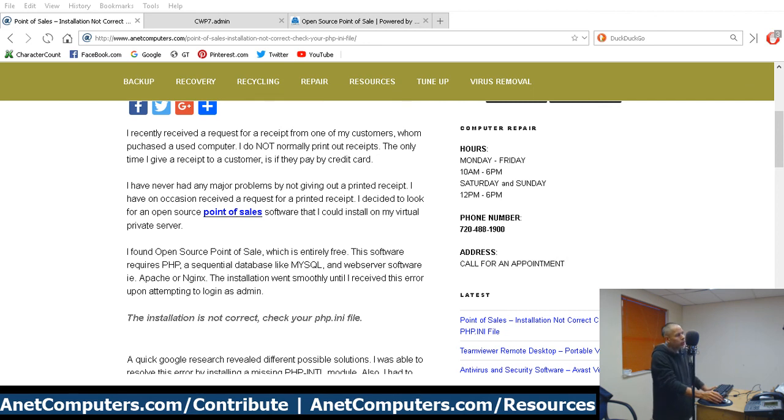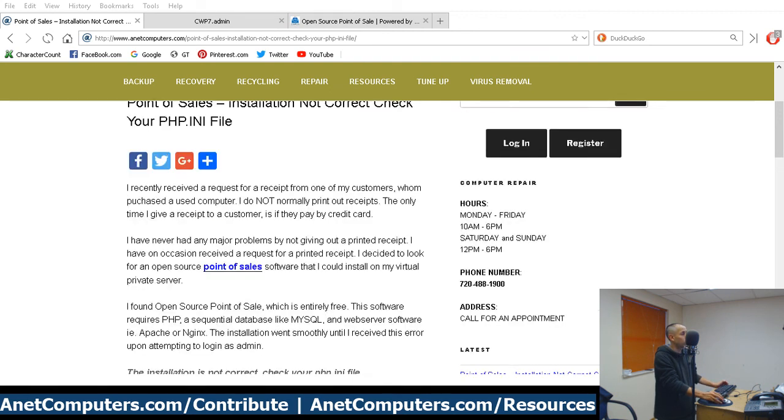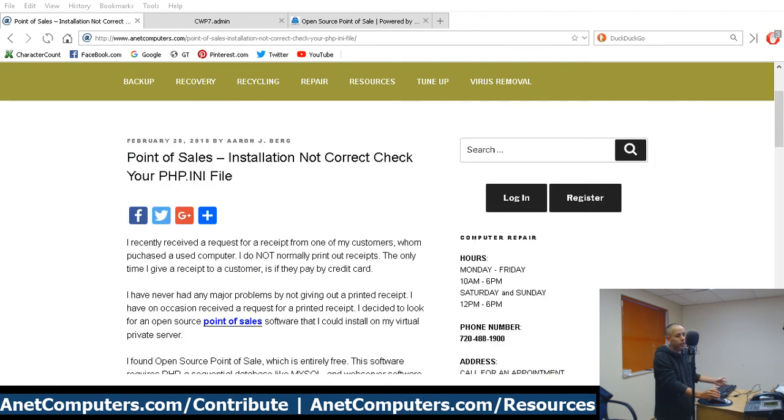This software requires some technical specifications. You're going to need some kind of a web server, whether it's on a VPS or even local, like you could use LAMP, especially on Linux. In my blog post, I included a link directly to the technicals, actually the installation instructions for the software. So basically the software is point of sale, but it's kind of